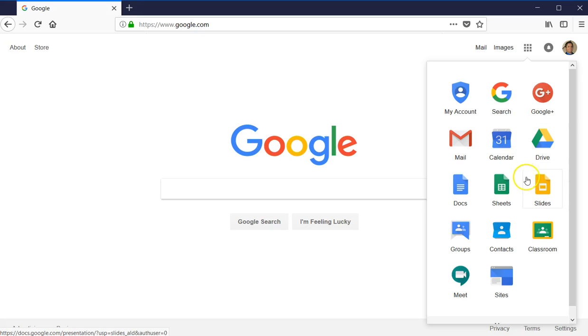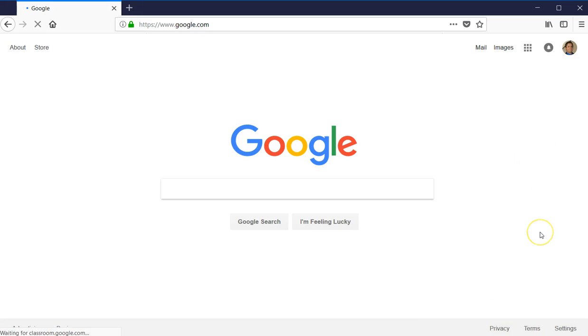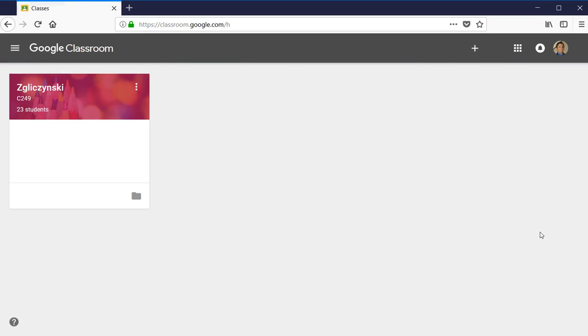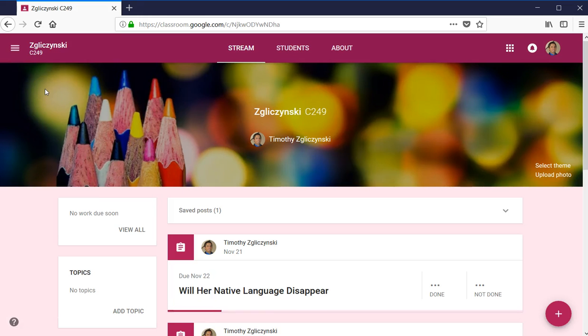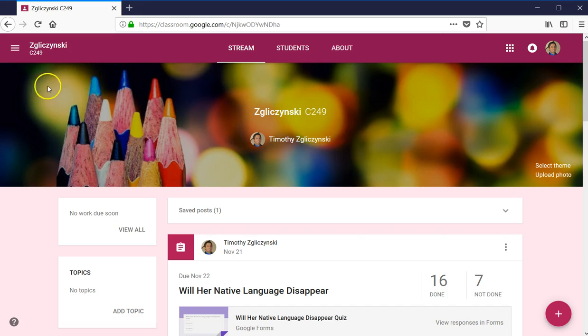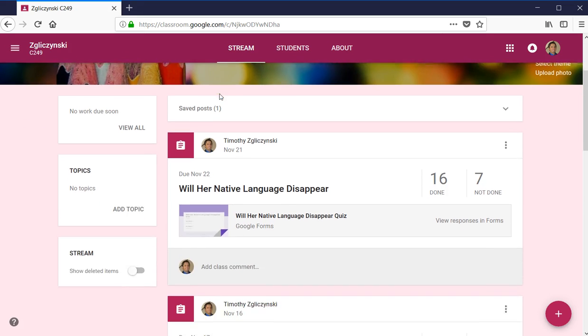Google Classroom is located right here. It looks like a little chalkboard. Your child can click on that, and then it'll take them to Google Classroom. Now your child's classroom is going to look a little bit different, and I'm seeing the teacher version here. But basically, this is what it more or less looks like to the students, and they see kind of a